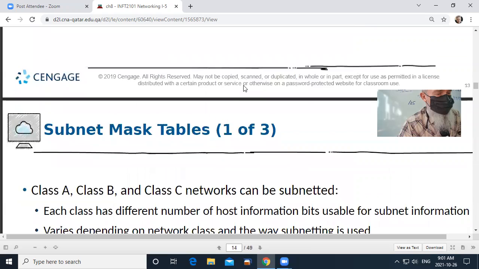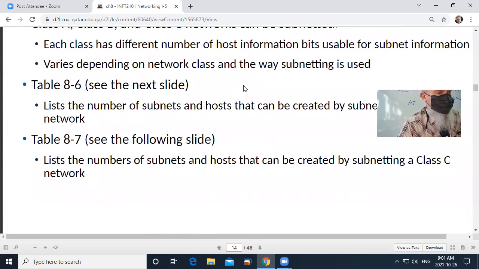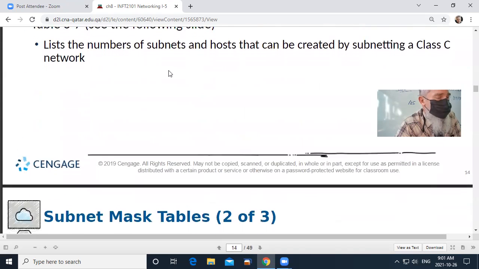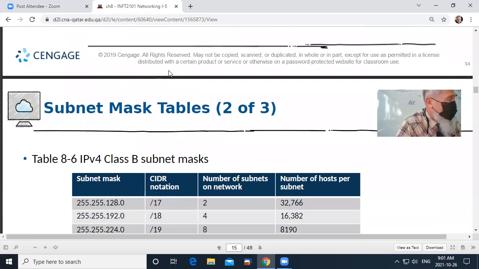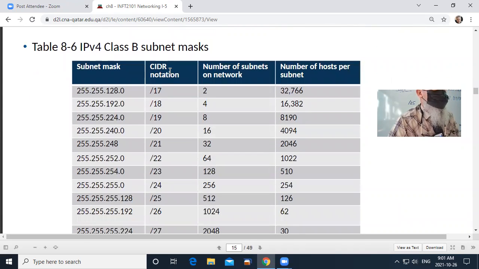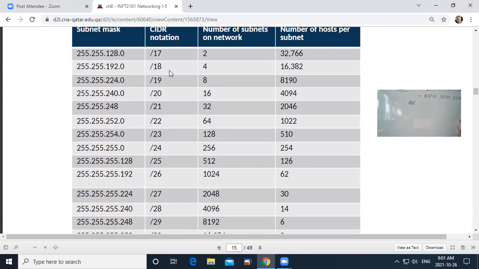I hope that's making some sense. I think you kind of have to do it to get used to it. We use subnetting with A, B, and C class networks. All of those can be subnetted. And if we look at the next couple of slides, we'll see how that subnetting affects the number of networks and the number of hosts per network. So each of these, hopefully I've explained that so you know what it means.